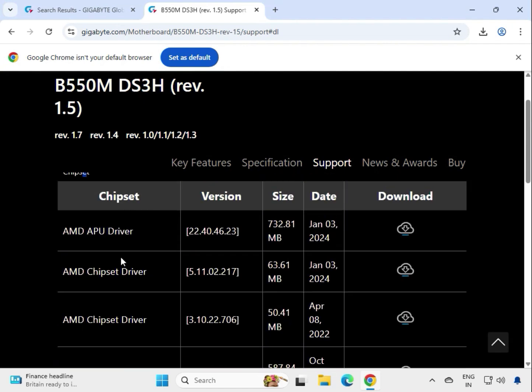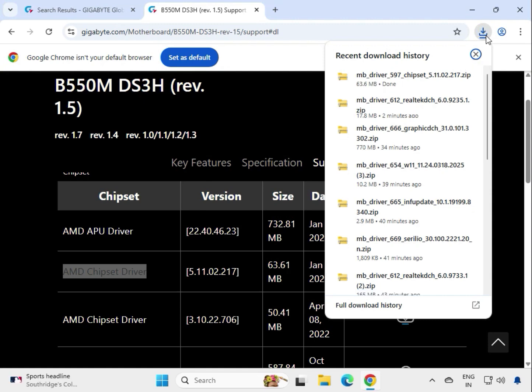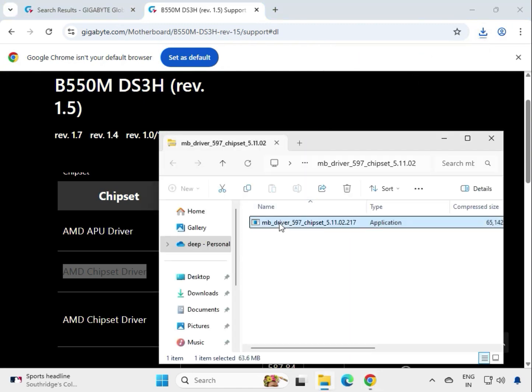Chipset, AMD chipset driver, click to download. You can see the size is 63, and download this one, the AMD chipset driver, the latest one. Okay, it is completed. After that open it and just double click to launch,